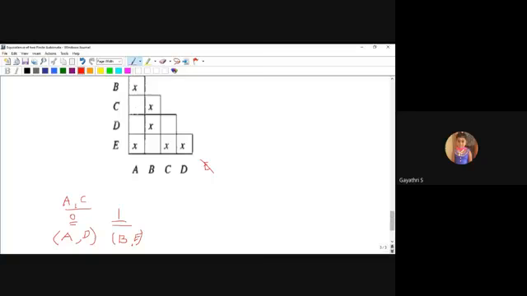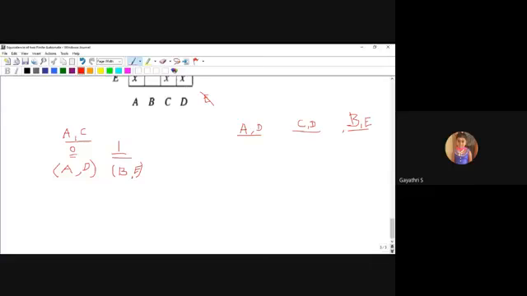So in the same way, you have to check whether all the remaining pairs are unmarked. AD pair, then CD pair, then BE pair. In all these, we have encountered all these things based on the transitions. All pairs are unmarked only. Just to finish the problem, all the pairs are unmarked only.